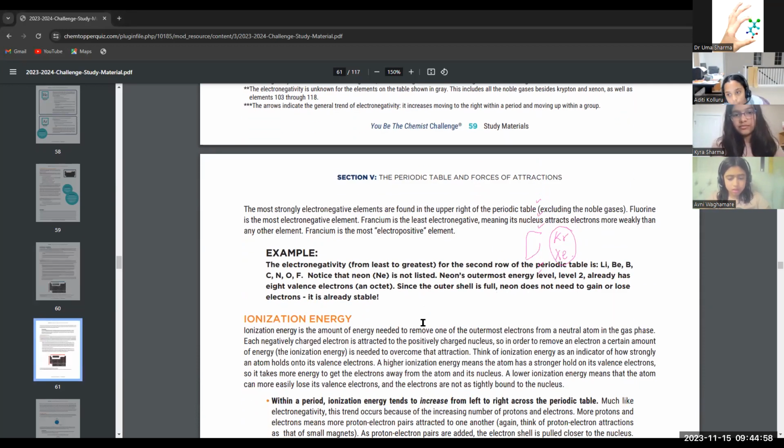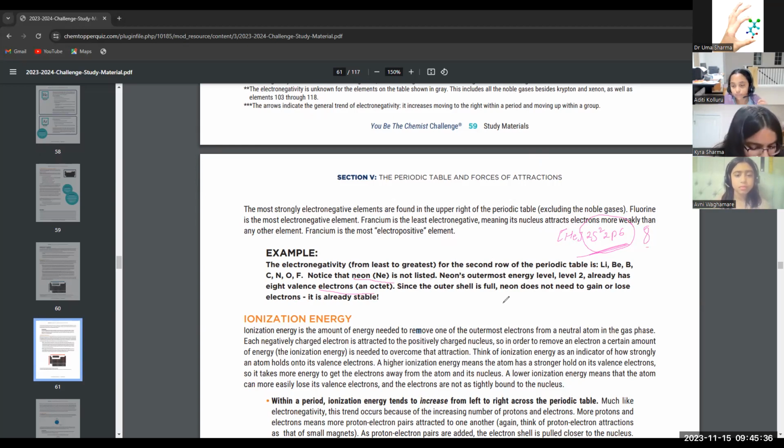See here. Neon is a noble gas, is not listed, because it already has a full octet. What is the outermost shell of neon? The configuration is 2s2 and 2p6. So the outermost shell has 8, right? It's already with 8. So they say that neon doesn't want to gain or lose electrons, so it's excluded from